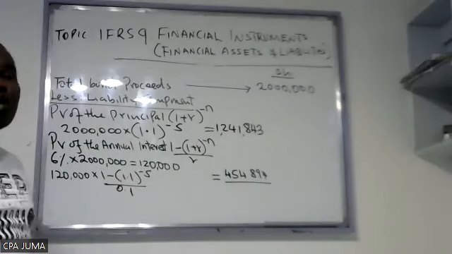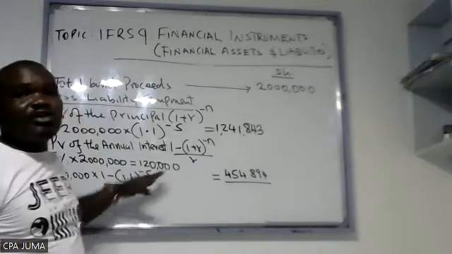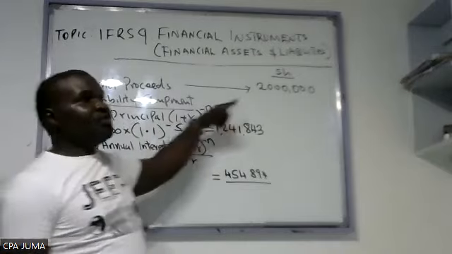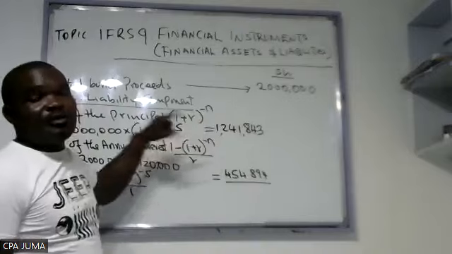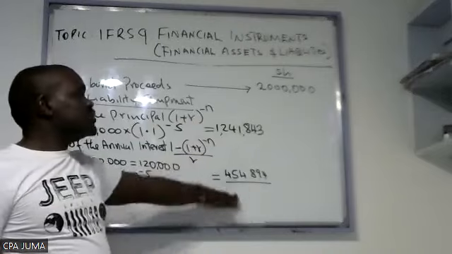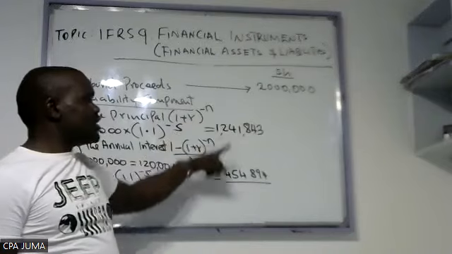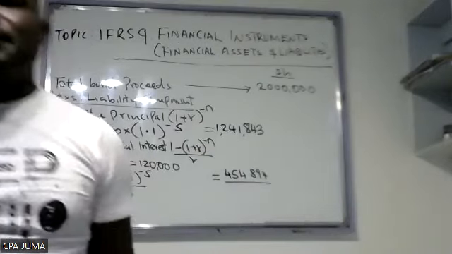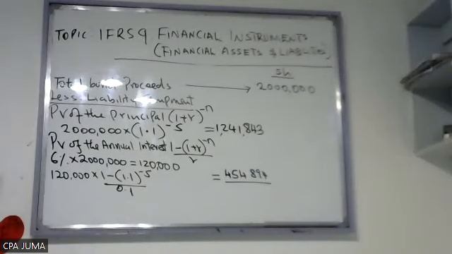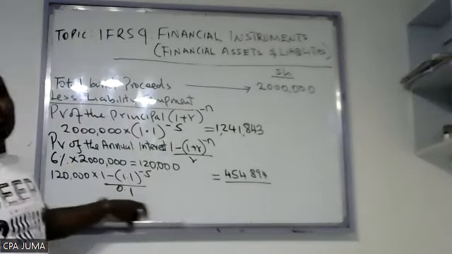So the total, you know, you will be celebrating that they will refund you 2 million plus I've earned an interest of 600. But to them, they are not checking it that way. They are checking that we borrowed this, but due to the time value of money, though we are refunding 2, the value of 2 is this. The value of 600 is this much. So in total, they will have incurred a liability of this plus this. How much is the sum of the two?